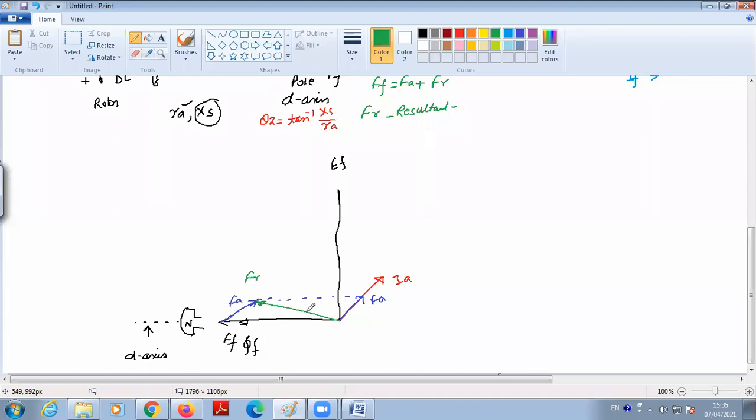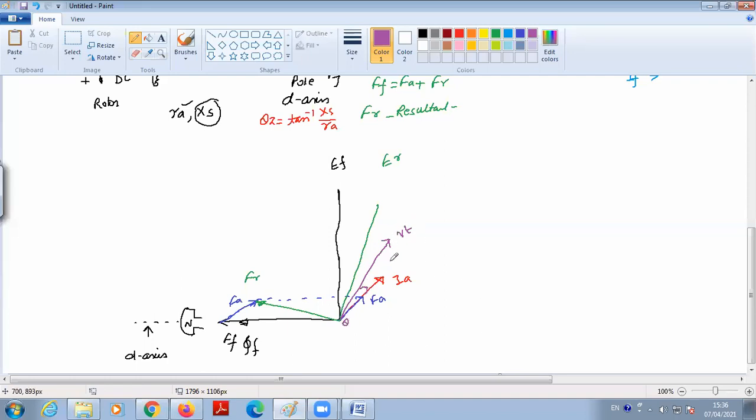Now as it will also produce some EMF which is lagging by 90 degrees, so somewhere it produces 90 degrees. So here it is going to produce the resultant voltage ER, and say this is the terminal voltage VT, and it is lagging at an angle theta.